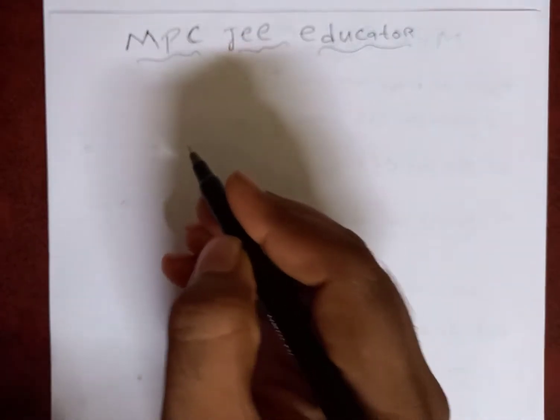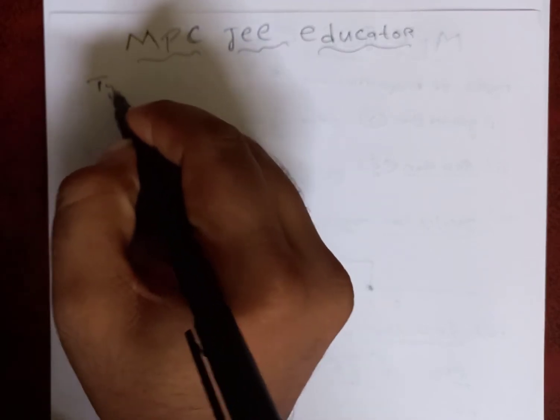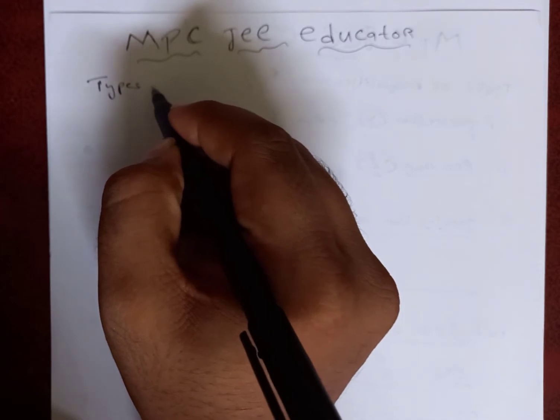In this video, I am going to explain the types of inequality symbols and their significance. Guys, most of the people after completing their 10th class get confused in these topics, so I want to explain this in this video. Let me tell you how many types of inequality symbols there are. There are only 4 types of inequality symbols.